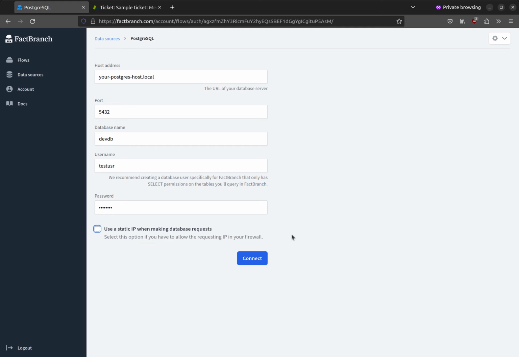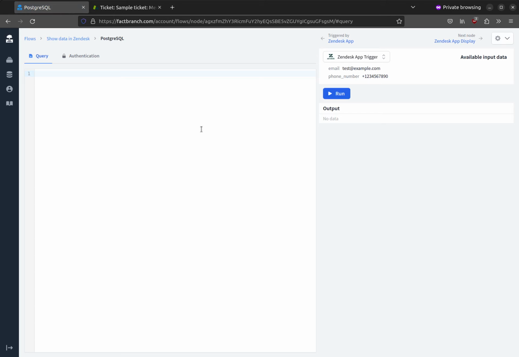But in our case, it doesn't matter for now. So I'm connecting. If everything works out, I'm forwarded to my node, and my PostgreSQL data source was already selected